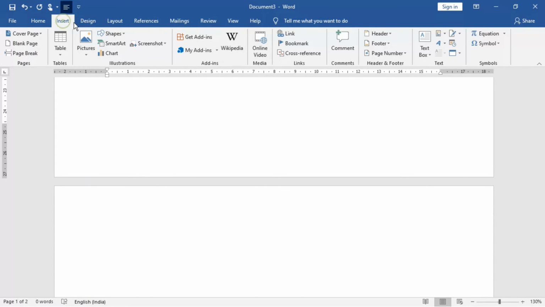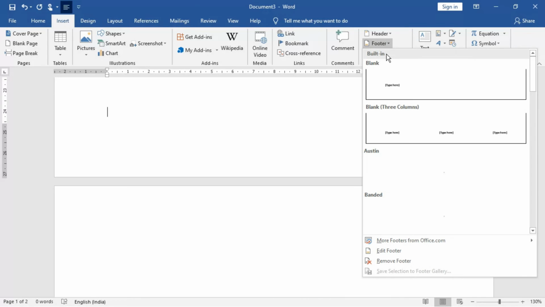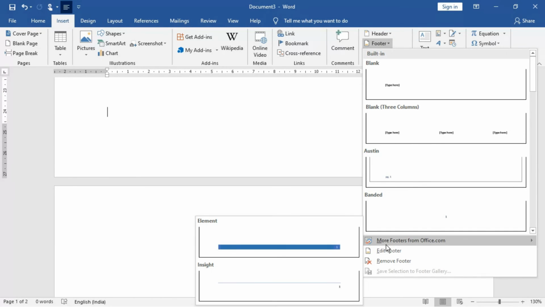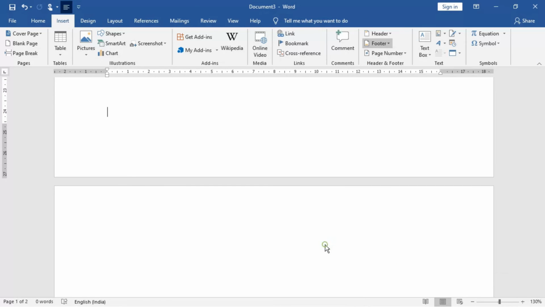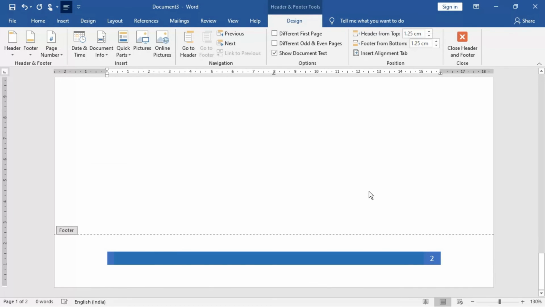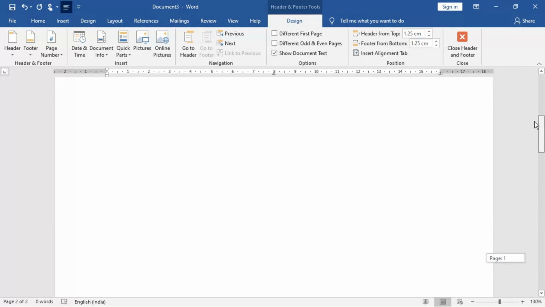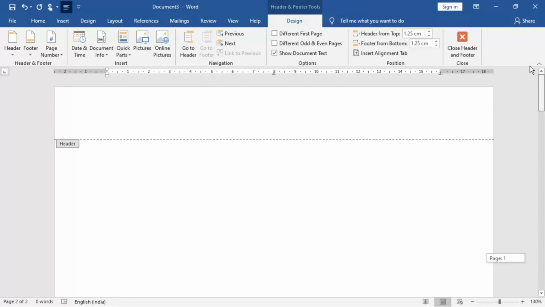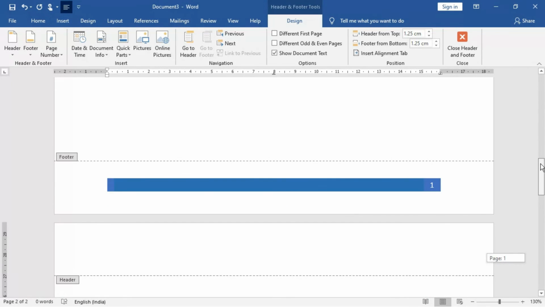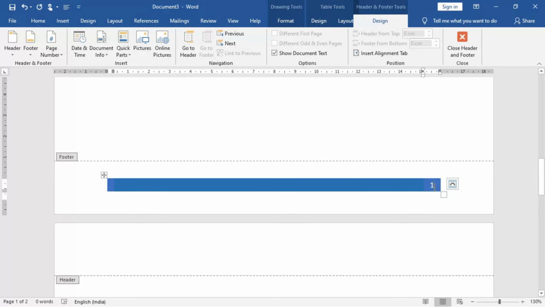I go to the Insert tab, then I go to the Footer option out here. And then a lot of footer styles are there. Otherwise you can download also if you want. I can just choose this one, Element. All right, so what is happening, this particular footer already has the page number. Since you are on page number 2, the page number appears. In this way the footer has been inserted. This is the header and this is the footer already inserted, because the style is like that. All right, so I am choosing this one, and I'm editing this one out here, so you can see out here.